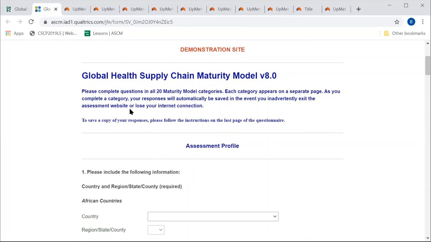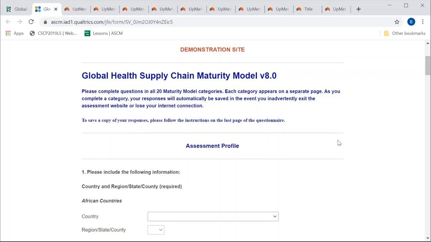And so that's why it's good to go through the demo slide to be able to accustom yourself to the questions and the way the answers are presented. And then you can also have a consensus with your team before actually doing the actual assessment. So it's faster and it's more efficient for the whole team.